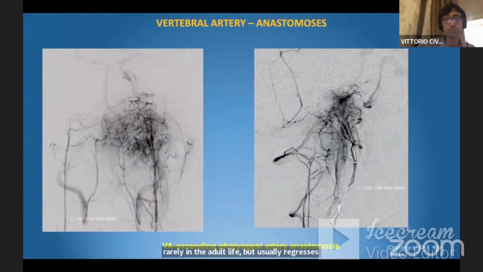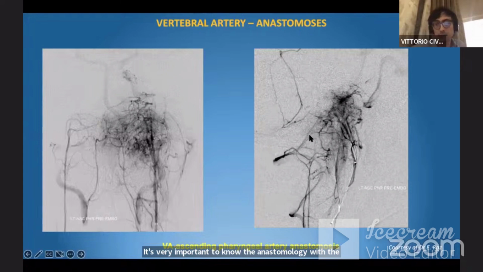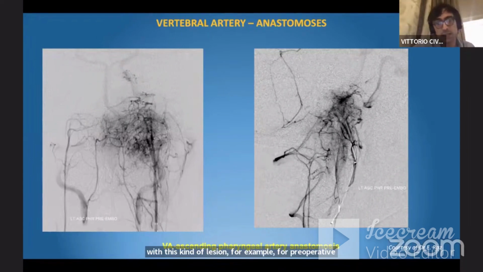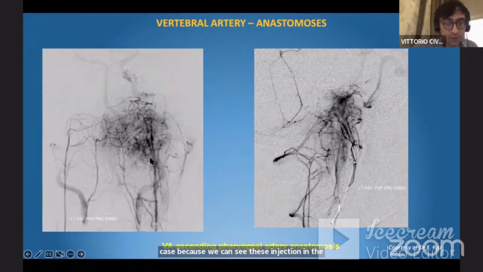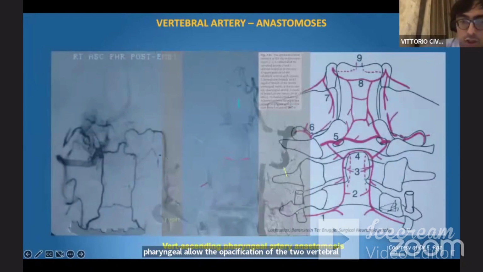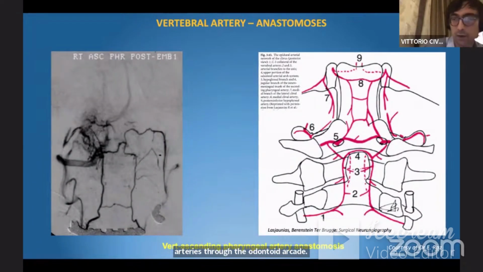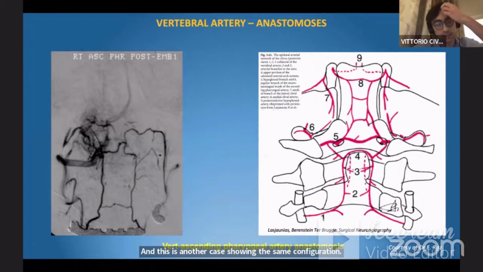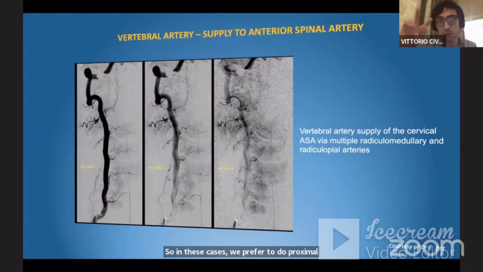regresses. It's very important to know the anastomosis with the ascending pharyngeal artery, especially when we are dealing with this kind of lesion. For example, for preoperative embolization, we never use liquid embolic agent in these cases, because we can see this injection in the ascending pharyngeal allow the opacification of the two vertebral arteries through the odontoid arcade. And this is another case showing the same configuration. So in these cases, we prefer to do proximal embolization to avoid opening this kind of so-called dangerous